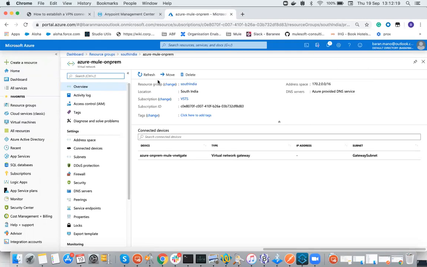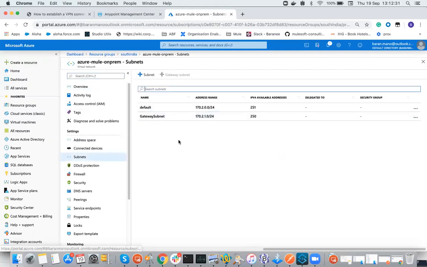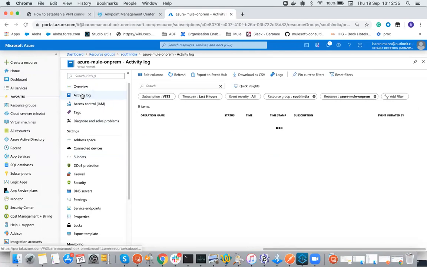So what is the meaning of it? If you create any virtual machines or any assets inside the virtual network you have created, they will follow the IP range of the subnet. Okay, so for testing purposes, I have created